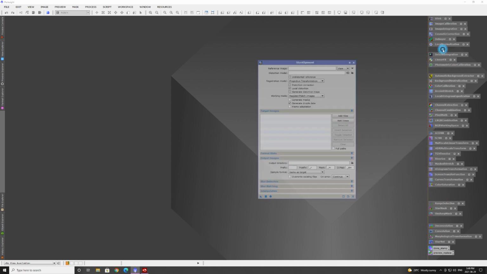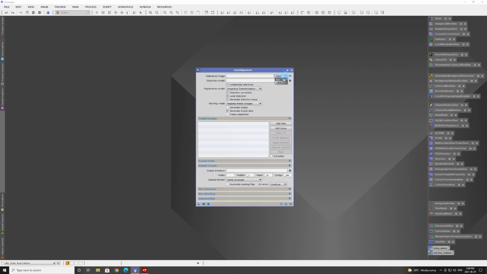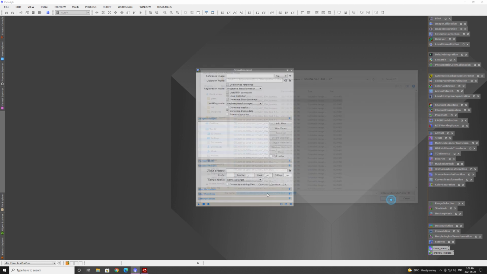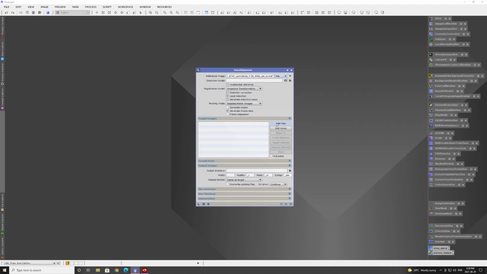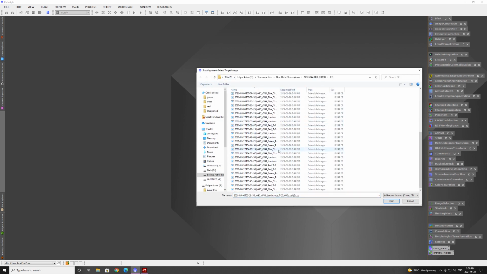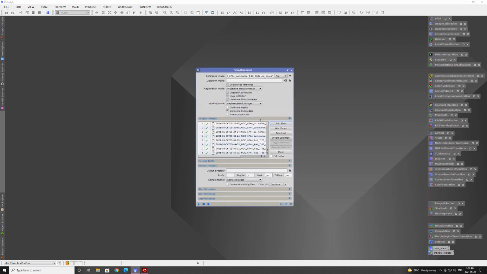So now we're going to go to star alignment, we're going to go to list or file, and we're going to find that file, which was 2355, this one right here. Open, and add files, and register all these frames together as such,